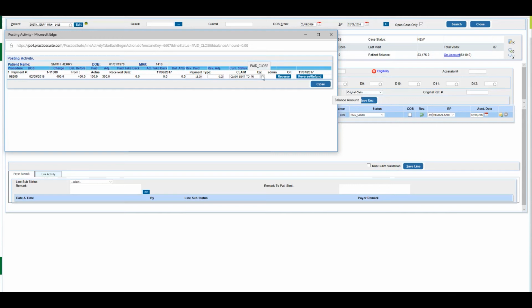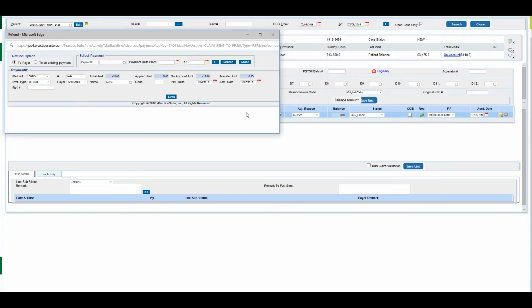Now, when they're taking back the amount, the remaining amount may mostly be a write-off, or it could be something else which could be billed to the secondary or patient responsibility, something of that sort. So in this case, let's just say that this amount has to be written off. So I'm going to put it into the primary insurance status now, and we can write it off after that. So here I will hit the reverse/refund,